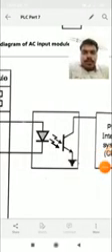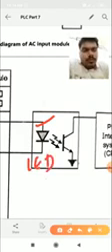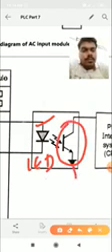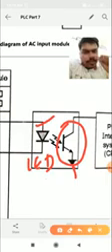See in this figure that one diode is there. A light source is given there, the LED. And this is the photo detector. The photo detector can be a photodiode, phototransistor, or photovoltaic cell. It captures the light.